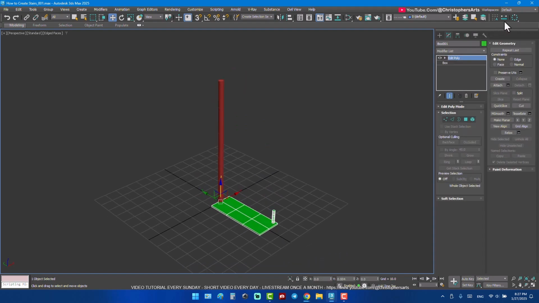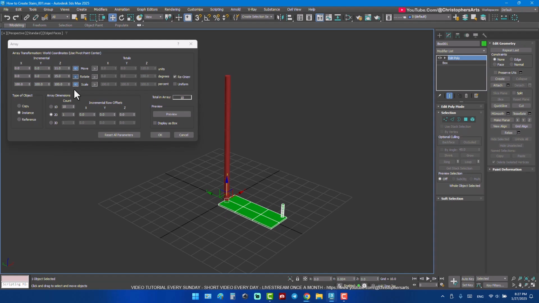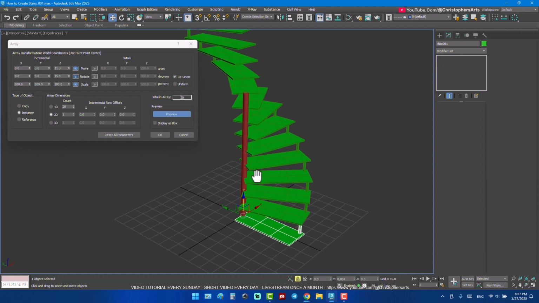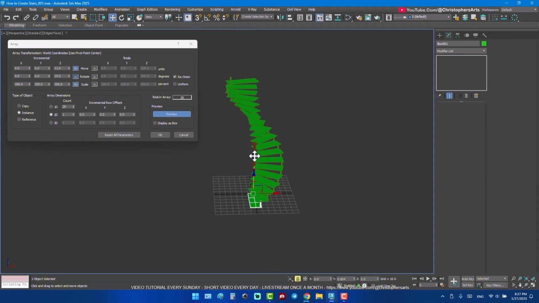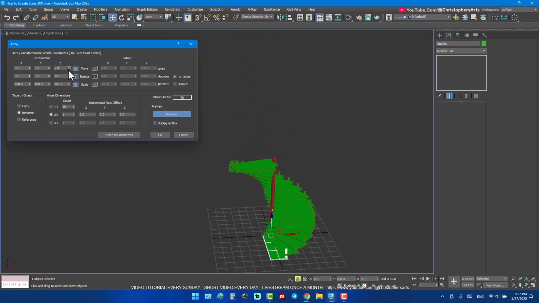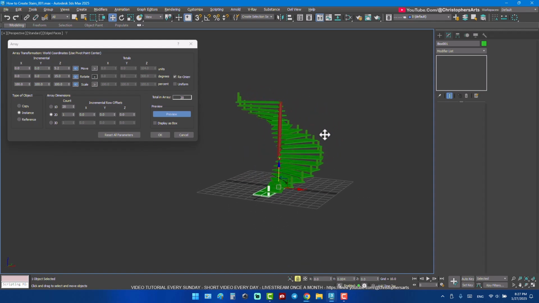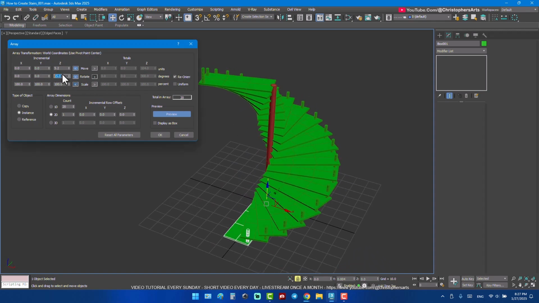Okay, one more time. I'll choose this one. Now this time maybe 20. What will happen? Preview. It will go beyond. And if I choose this one, it will shrink it down: 6, 5.5, 5.3, 5.2. I am just playing around with these numbers to check what we can get. This one, if I do 25,